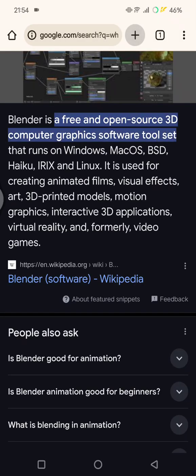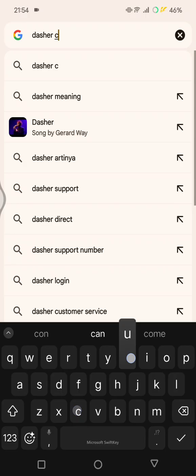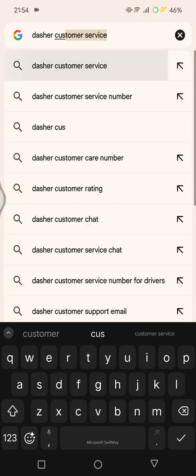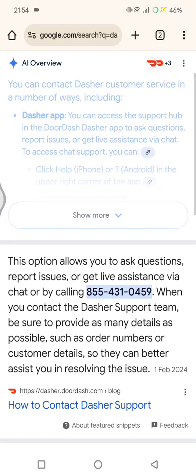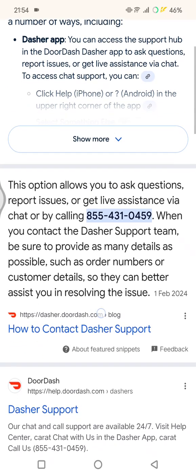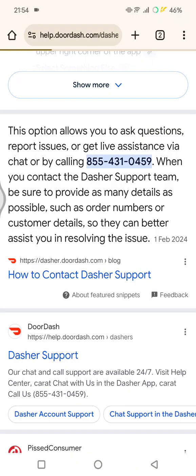So I'm going to find it here on my browser. You can just find in here Dasher, for example, customer service. You can try by doing that keyword, and in here you can just find this Dasher support. You can tap on that, or you can also go directly to this page,